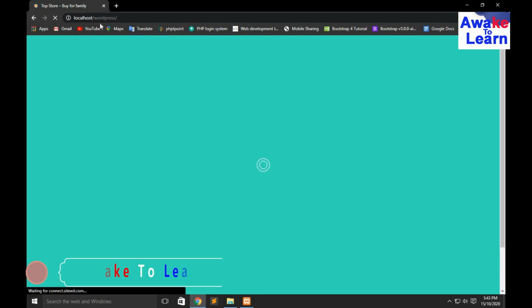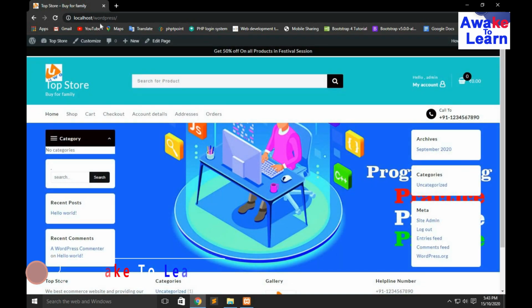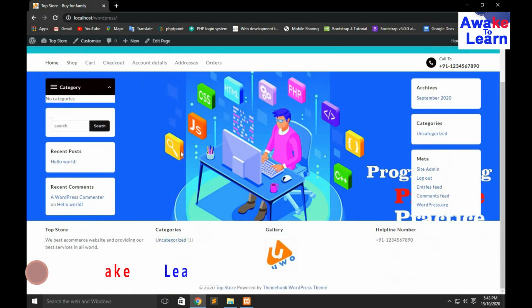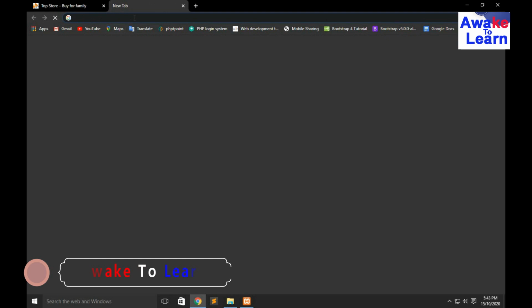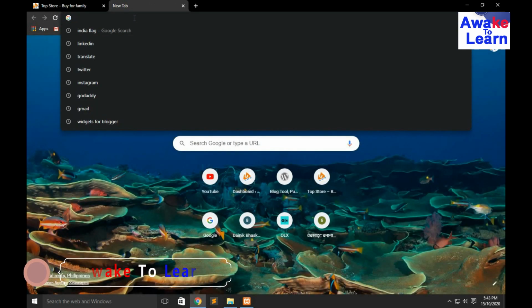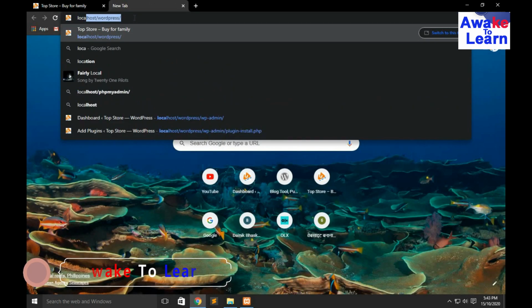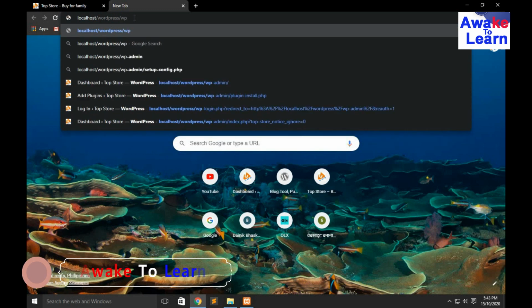Friends, I have already installed one WordPress theme, due to this I'm getting this test theme. If you start this fresh, then you get the WordPress default theme. Then open another window and open the WordPress admin panel, localhost/wp-admin.